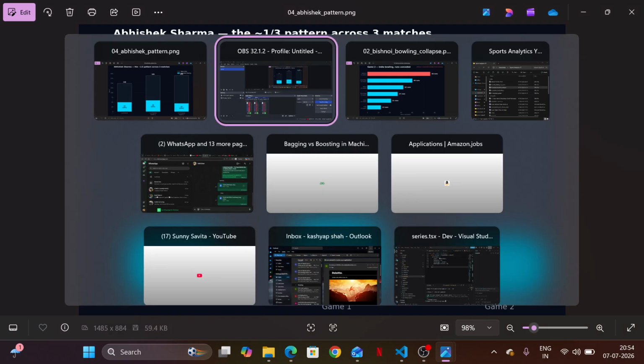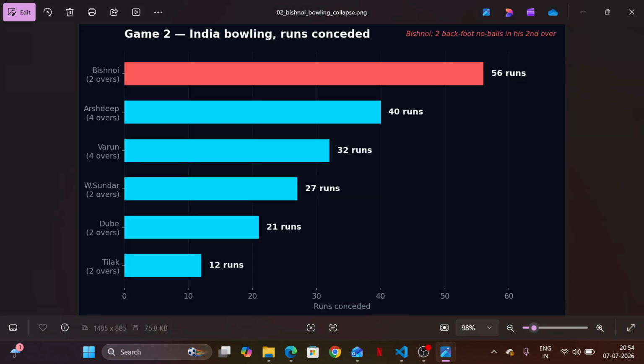Now I would like you to show some visuals of it. If you see how the Indian bowling runs got conceded, Arshdeep Singh bowled a brilliant four-over, 40-run spell even after getting two wickets early. I think the English batsmen handled Varun Chakravarthy pretty well, with four overs for 32 runs. Shivam Dube, two overs for 21 runs, and Washington Sundar, like we are talking about the whole series, conceded a single run in the first match also against Ireland.